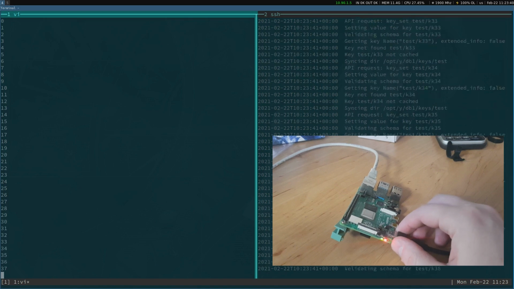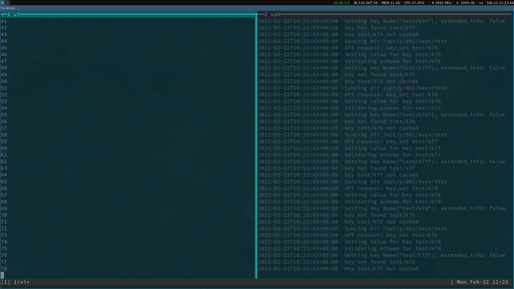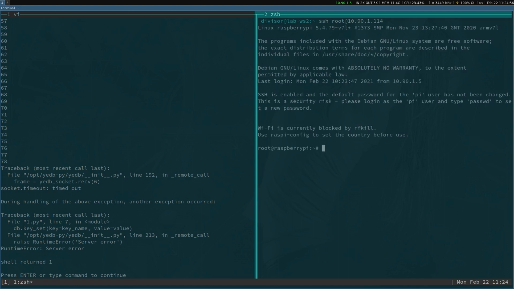So it started creating keys, and let's turn the power off. So we have 78 keys written. Let's connect the power back, and let's wait until it boots. So the Raspberry is back again, and let's go to